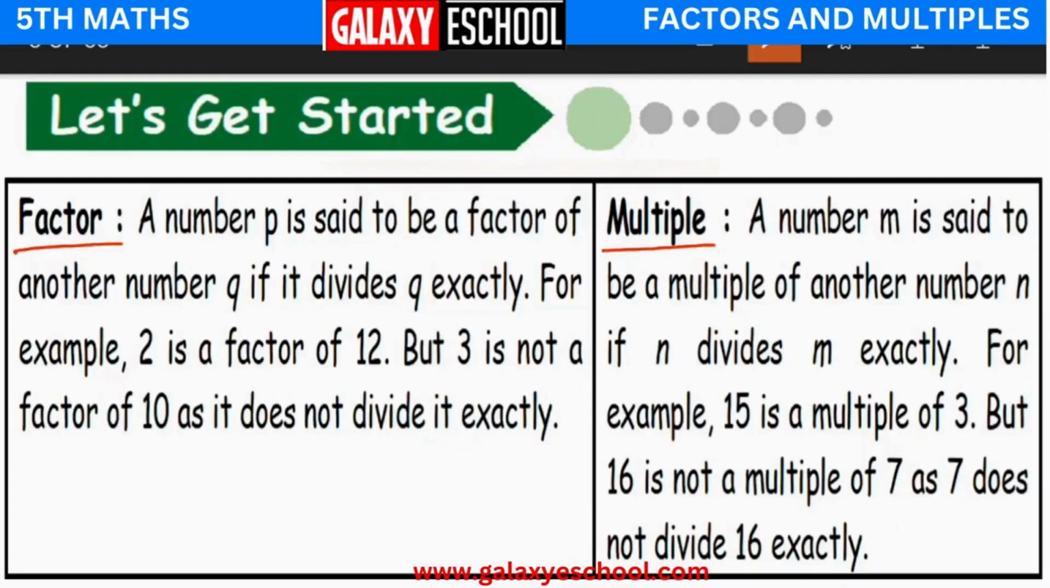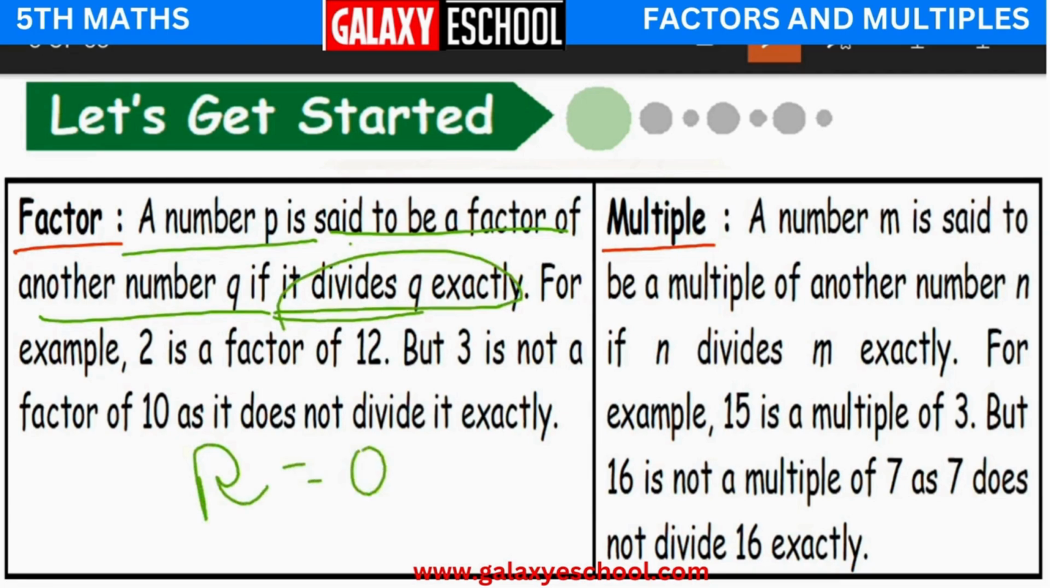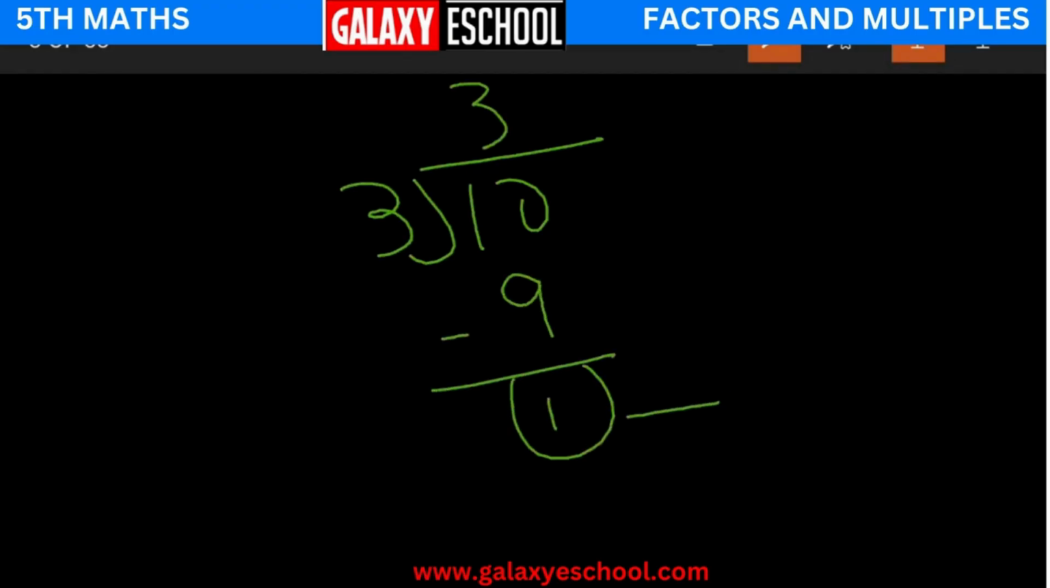Clear with the concept of factors children? A number p is said to be a factor of another number q if it divides q exactly. What does it mean divides exactly? The remainder should be 0. See, 2 is a factor of 12, but 3 is not a factor of 10. Let us see, 10 divided by 3. Yes, we have 3 3s are 9, and when we subtract, 1 will be remaining. So is our remainder 0 here? No. The remainder is not equal to 0. So what can we